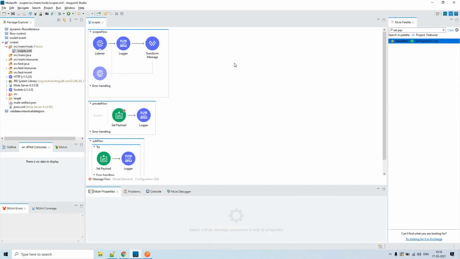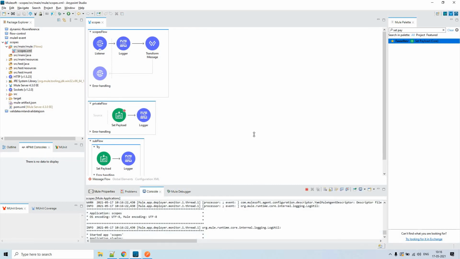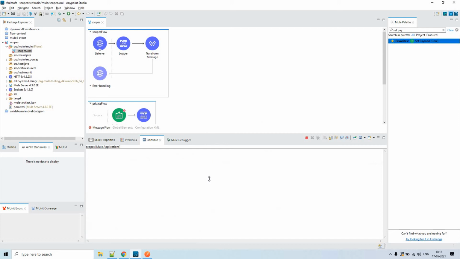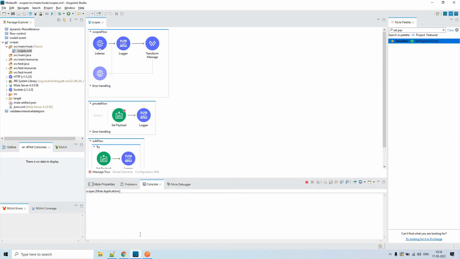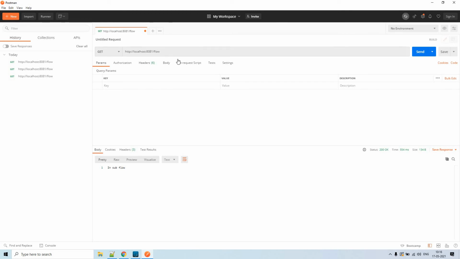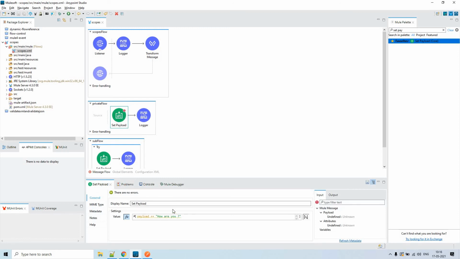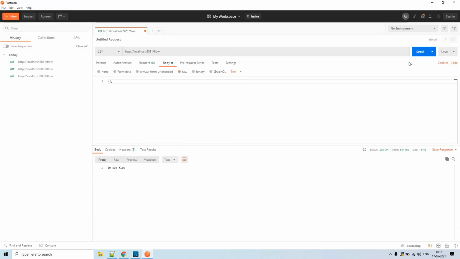The build automatically option is already checked, so it got deployed automatically. Now let us see what happens. I have gone to Postman, go to the request and click on hi, something like this. Now click on send. Here we are concatenating it with the string, so that's why I'm sending it in the format of text. So click on send. See, now you got the result as hi, how are you.